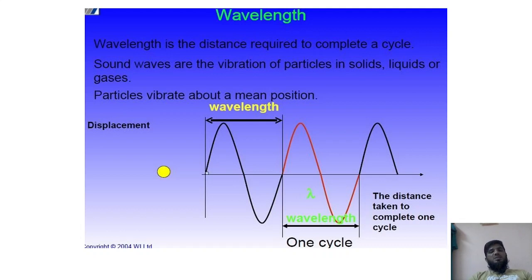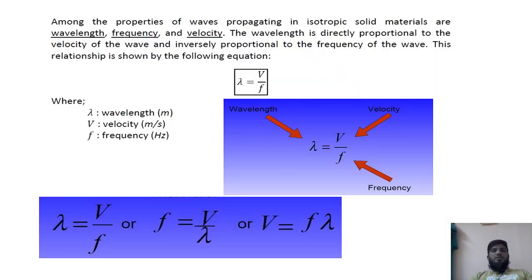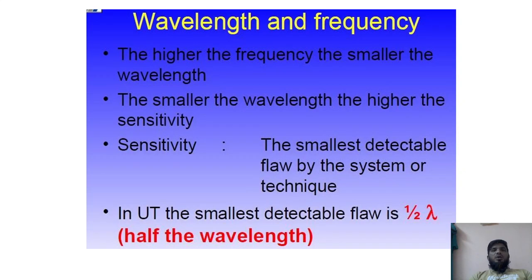We have already studied that the distance between two adjacent crests is called the wavelength. One complete wave, from the start to the end point, is one cycle, and its length is called the wavelength. Wavelength and frequency are reciprocal to one another: wavelength lambda is equal to v by f. If you increase the frequency, there will obviously be a decrease in wavelength, since the number of waves increases every time. The higher the frequency, the smaller the wavelength, and the smaller the wavelength, the higher the frequency.